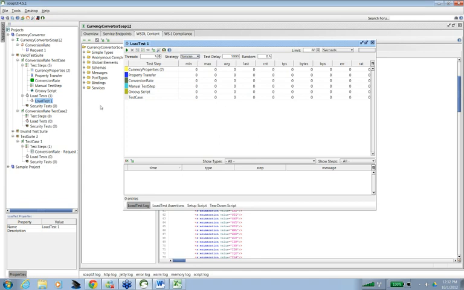So load test means that you are simulating. See, not only one person is going to use your web service. Maybe there could be a couple of thousand people accessing your web service, right?